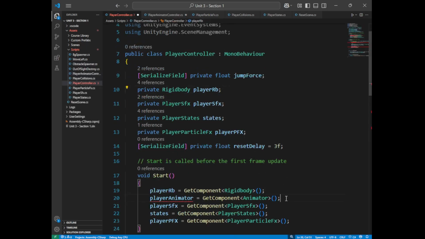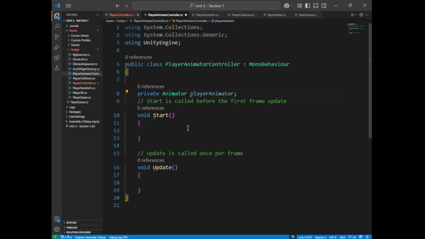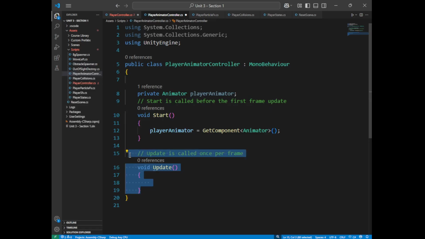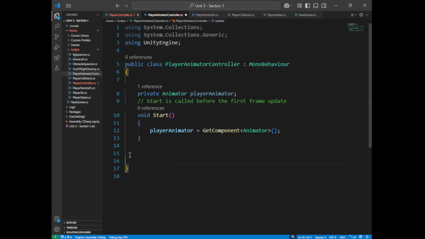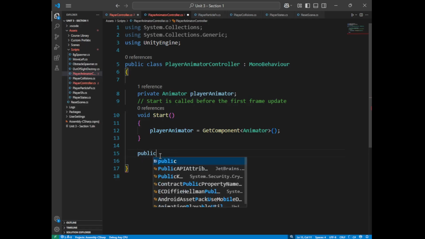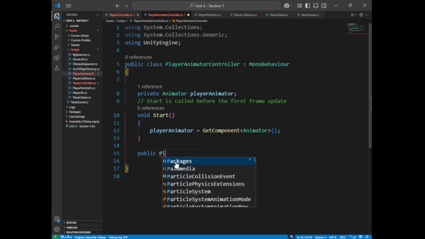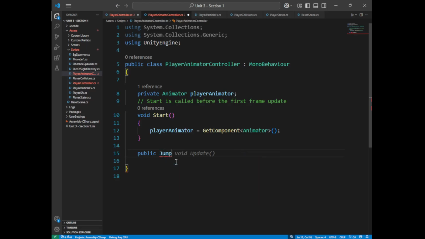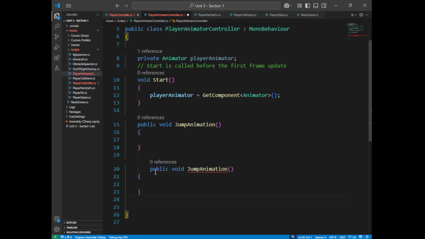And then this one also to start. And then we'll do public, sorry, public, what was it? Play animations, play jump animation, and then public void animation. And then we also have death, right? Death animation. Public void